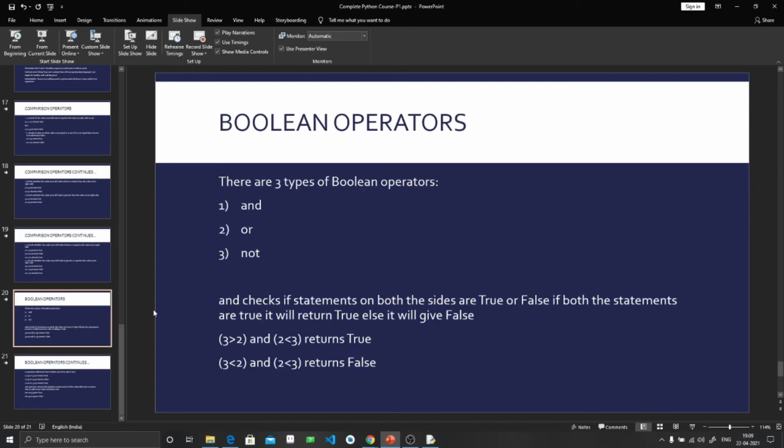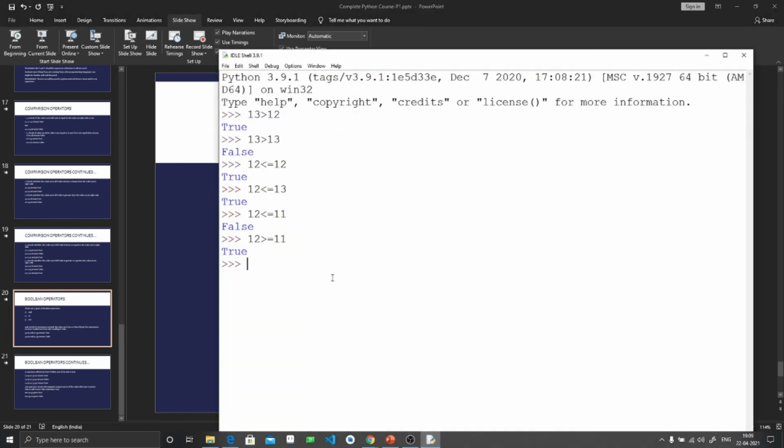Now let's jump to the Boolean operators. So there are three types of Boolean operators. First one is AND. So let's see an example of AND, like 3 greater than 2 and 3 less than 2.